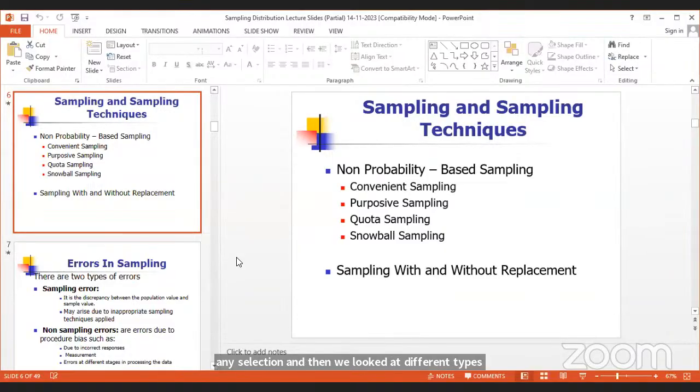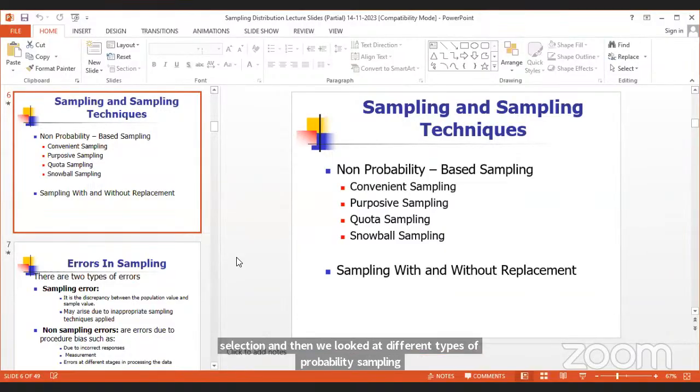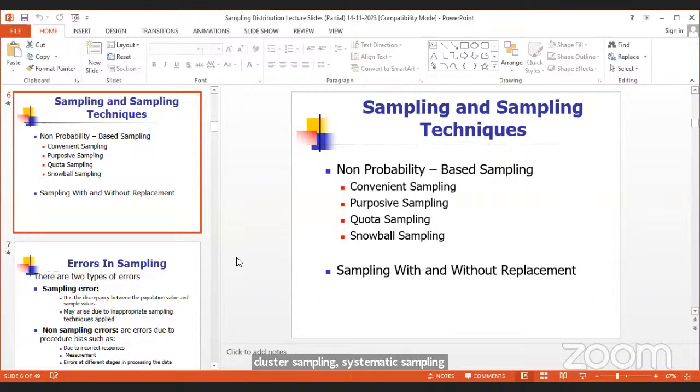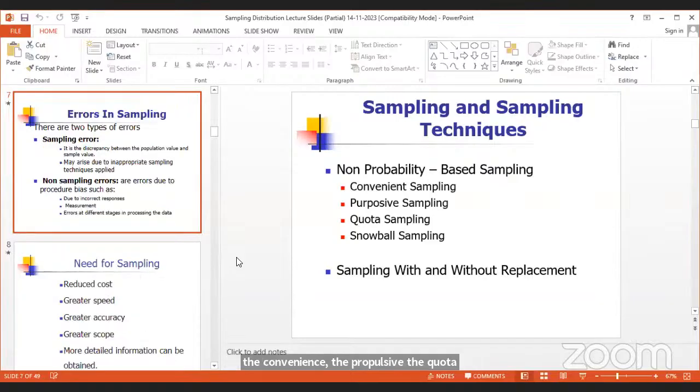We looked at simple random sampling, stratified random sampling, cluster sampling, systematic sampling, and then we discussed each one of them. We also discussed the non-probability sampling: the convenience, the purposive, the quota, and snowball sampling. So next week, we will look at